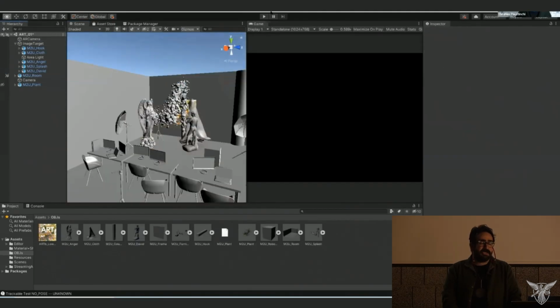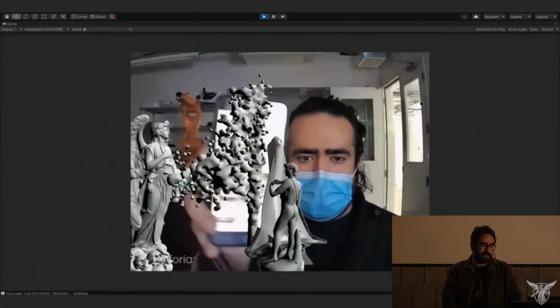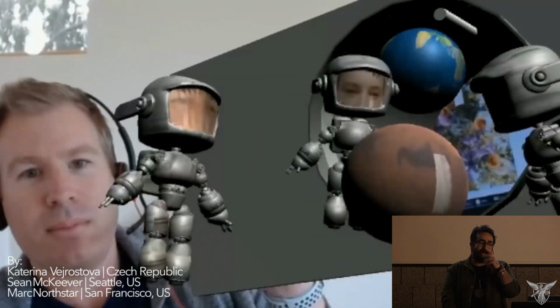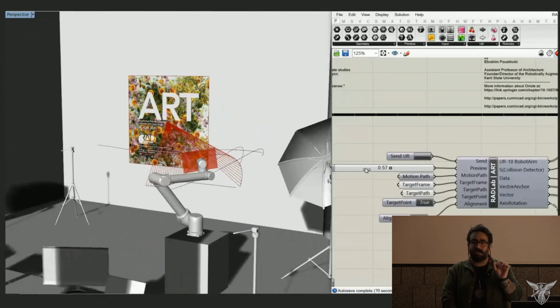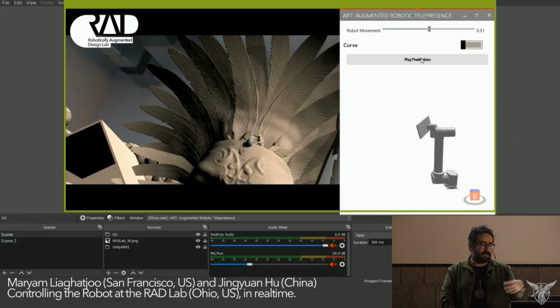And using the real-time control of the robot and the camera that was on the robot, they could move around in RadLab as if they were present and look around. And using the augmented reality tools on the robot, they could start manipulating and modifying RadLab by adding or removing components. So these are the custom-made platforms. They were all streaming in real time.